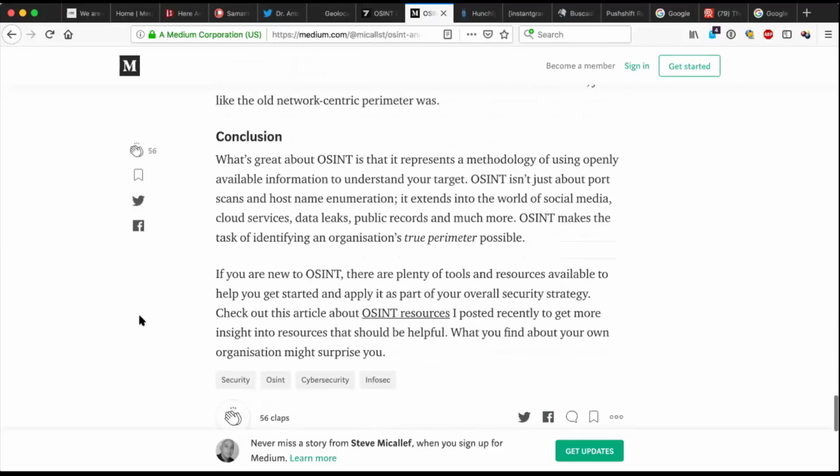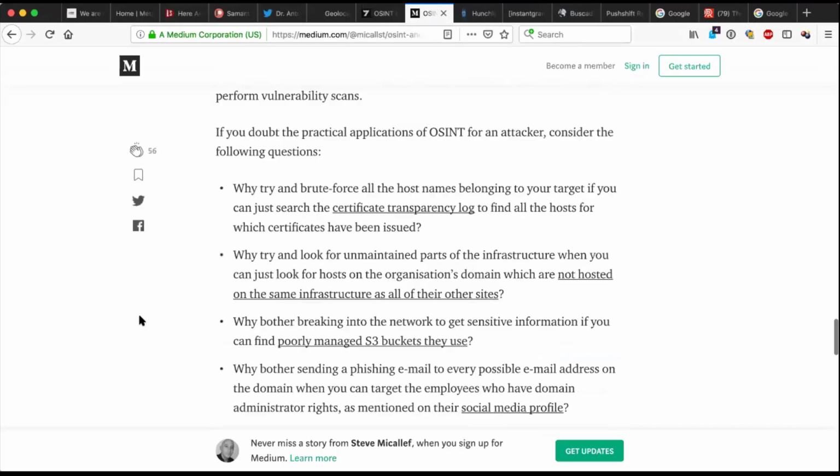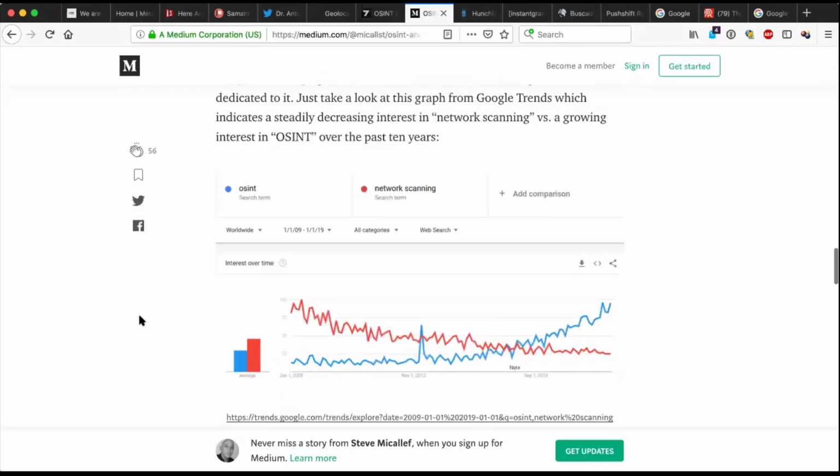When you scroll just behind the graph timeline, it really nicely shows how two terms took momentum in a certain amount of time. In 2009, it was network scanning, which was really popular, and now it lost all its momentum, and OSINT is just now the powerhouse of terms when it comes to intelligence gathering. For me, it was always OSINT because, again, I came from the intelligence community. So to see everybody jumping on, I used to hear, okay, so it's sourcing, it's recon, all these other things, and now things are coalescing over the word that I've been using the whole time. I like that. Yeah, exactly.